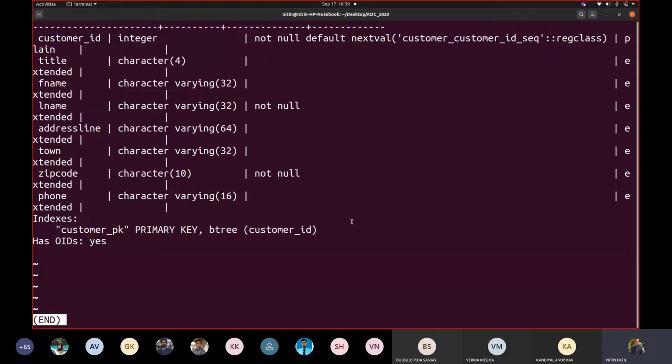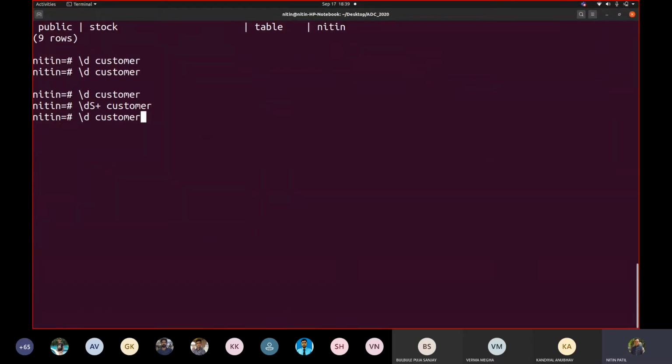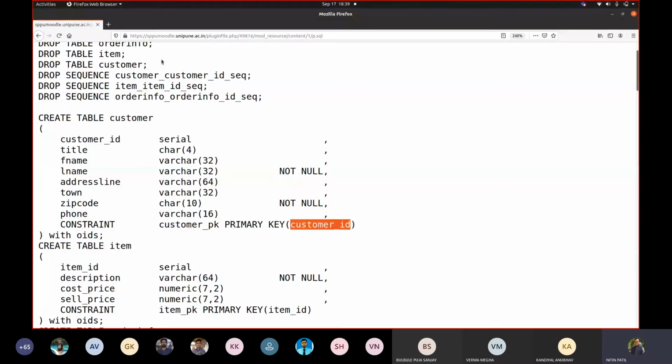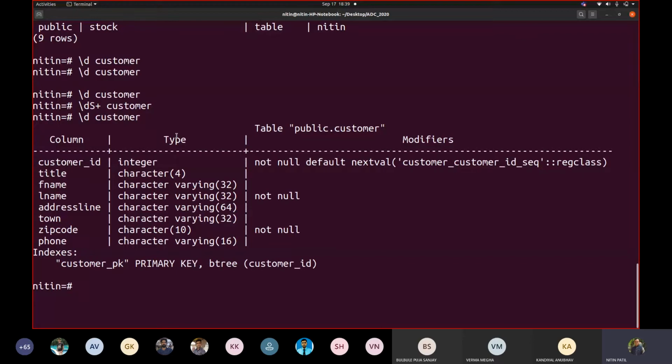Now here when we apply this, you will see that there is something called nextval. Because if I write slash d customer, it shows me that it is of type integer. And if I see the definition, it says serial. So if you mention the data type to be serial, ultimately it will be picking something called a sequence. So let me show you another option that you can use. For example, if I write slash h create sequence.